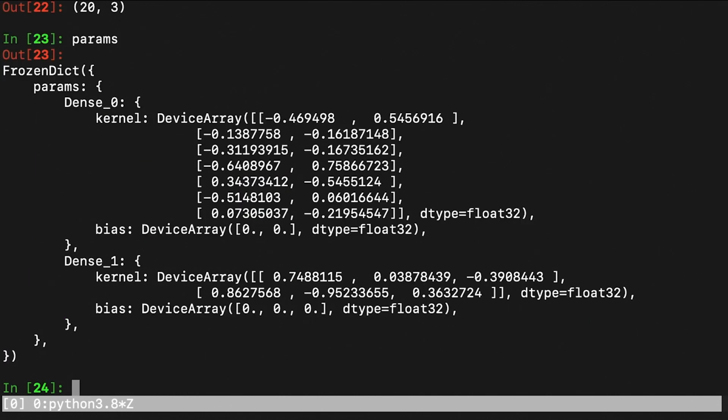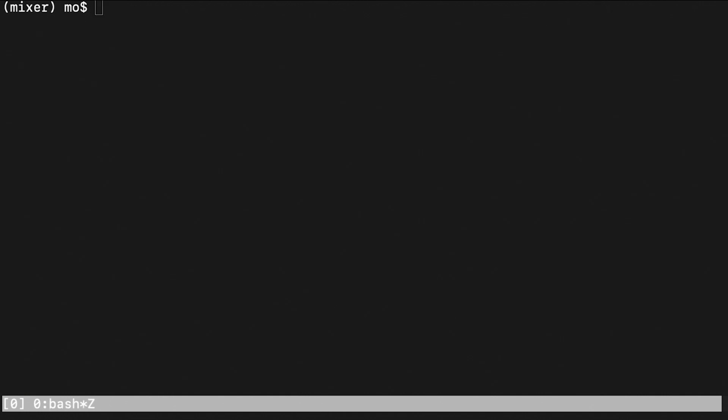And as you can see, the parameter dictionary is storing both of the dense layers that we defined inside of our call method. And looking at the kernels and the biases, the shapes were correctly inferred. All right, let us now write the Flax implementation. I'm not going to add any extra annotations or docstrings to this code since I will keep it for the PyTorch implementation. So let's create a script called official.